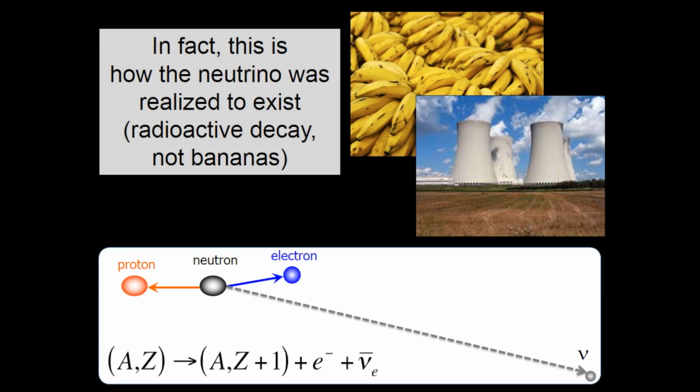Famous story. They were measuring decays of neutrons, and they were measuring the energy of the electron that came out. And this is a two-body decay. Things just come out back to back. So you would expect the energy of the electron to just be monochromatic. It should just have been the same energy over and over again because of this back-to-back nature of this interaction. But that's not what was observed. What was observed was a spectrum of energy from the electrons. And so it was hypothesized that there must be something invisible carrying away the other piece of energy. And that was the famous origin of the neutrino idea back in the 1930s.